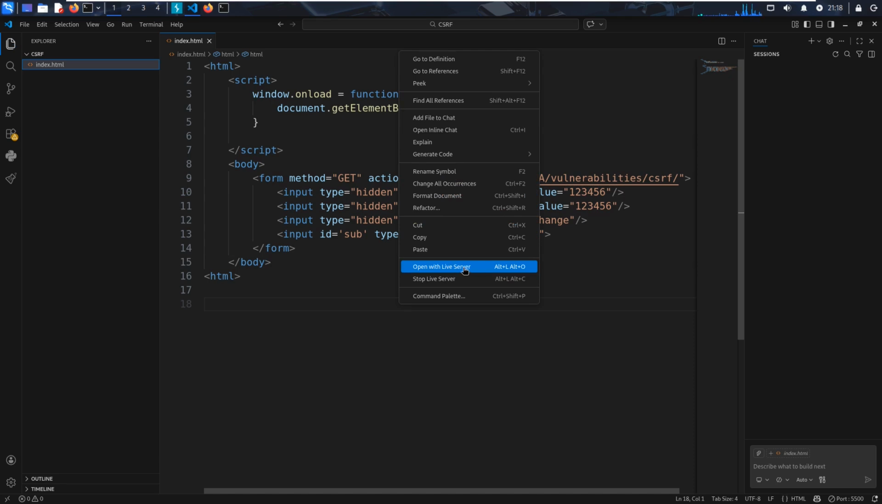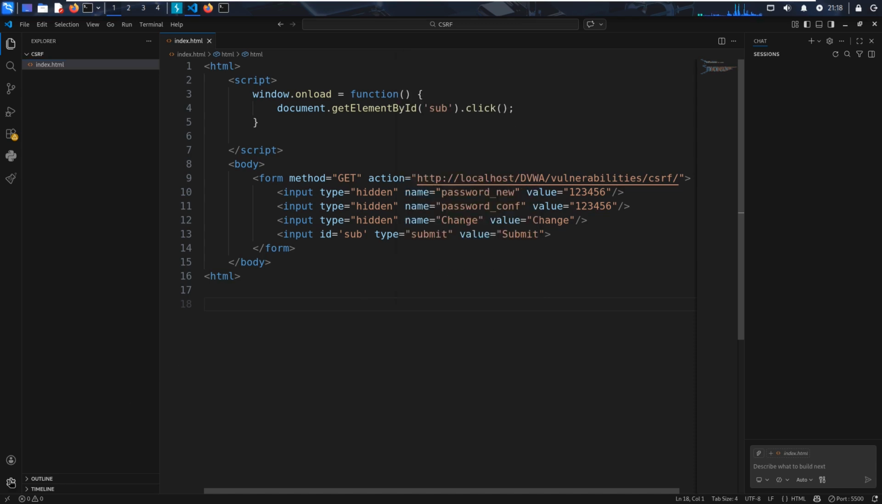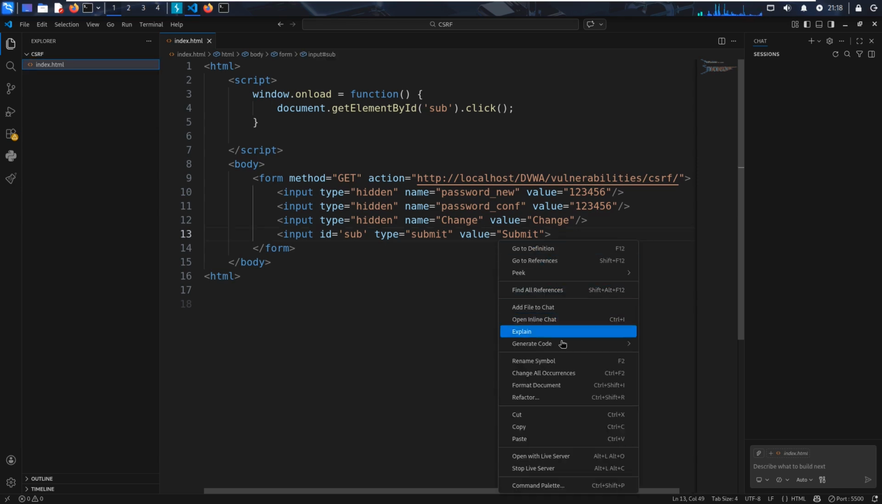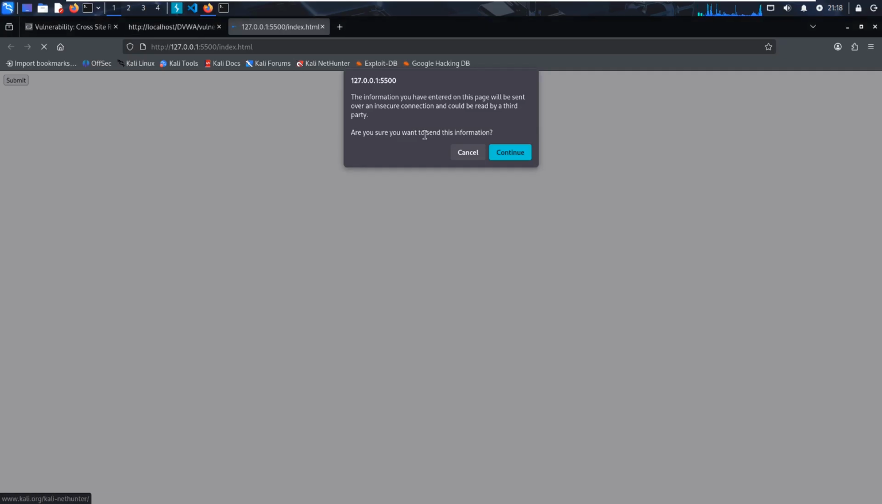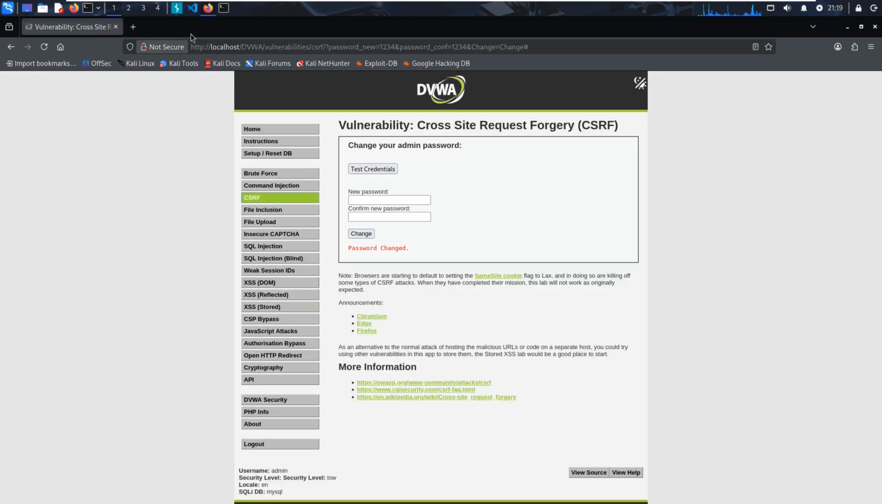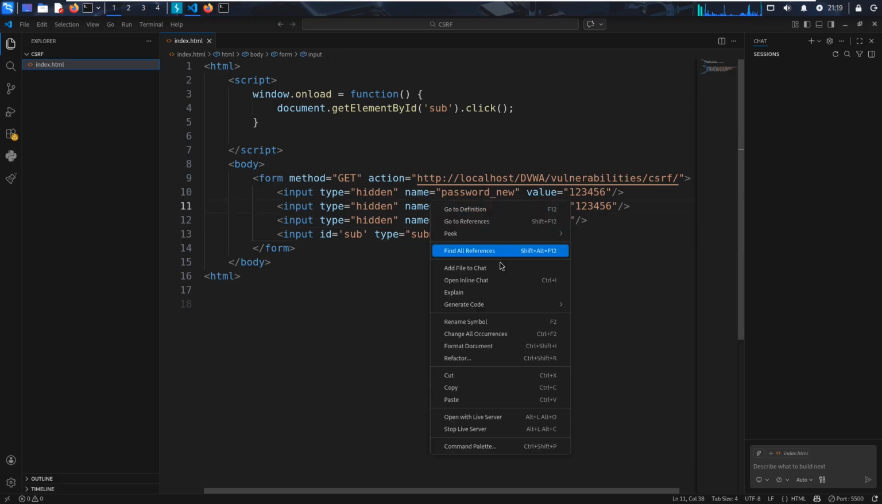Again, this extension, you can install it. You can go to extensions and then search Live Server. This would be very, very convenient for us for testing, okay? And we can open with Live Server. Maybe we can close the existing page. So now we can open